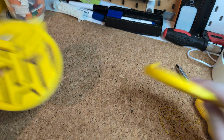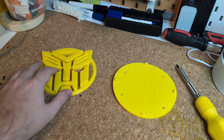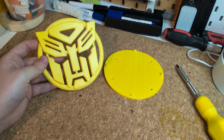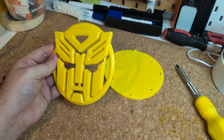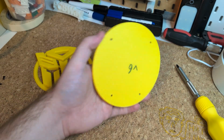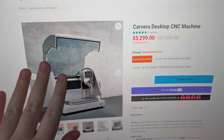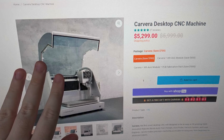Now, my original plan in my head was to print both parts with this filament, then to just spray paint the Autobot symbol silver, and I think that's a good option if you're following along at home and don't want to spend too much money. But I'm going to be a bit extra. For the Autobot symbol, I'm instead going to CNC it out of aluminium and then plate it in chrome to protect it from corrosion. Some small problems with this is that I don't have access to a CNC machine, and